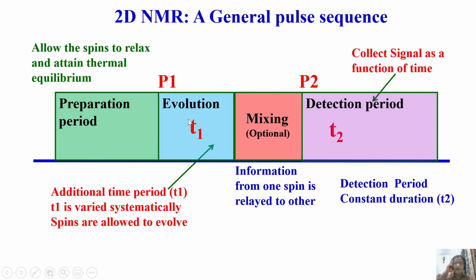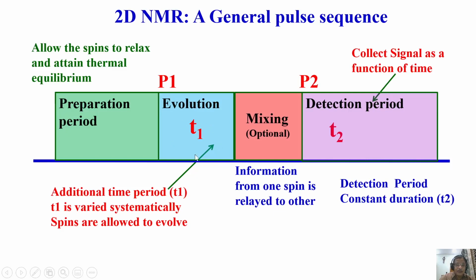After the preparation period, you apply a radio frequency pulse and bring the magnetization to XY plane. Here, the spin starts evolving. Evolution takes place. Like we talk about human life evolution, the magnetization starts evolving and evolves depending upon the information content already present here. For example, it can evolve due to chemical shift, it can evolve due to relaxation. So various information content is there and it starts evolving here.